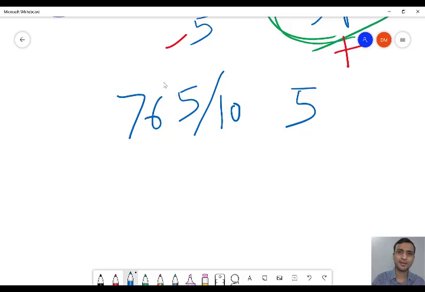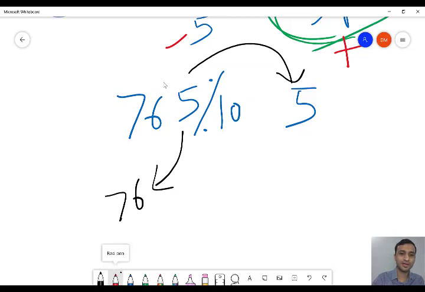765 by 10, you will get 76.5. But in Java, since both are integers, you will not get the decimal part, you will get only the integer part, that is, you will get 76. So here if we divide by 10, we will get 76. What will we get if we do modulo division? 10 into 76 is 760. Remainder is 5.